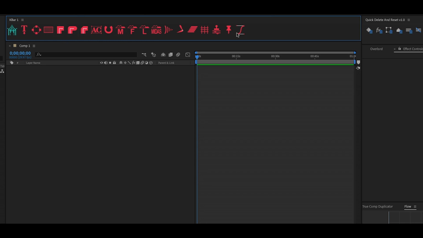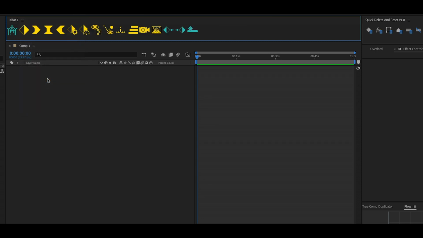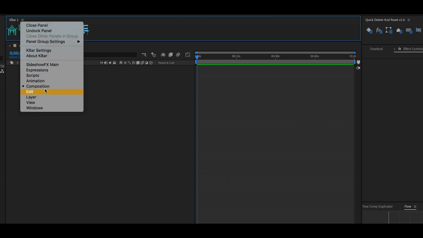And so if you have those installed, they will start those extensions or scripts. Now when we move over to the toolbars like animation, these are core functions of After Effects, and these will work just fine because it's calling out actions to the core application of After Effects itself. Composition, edit,